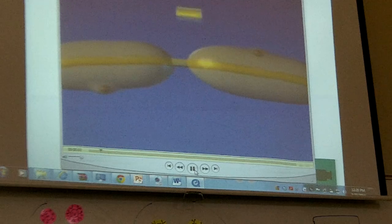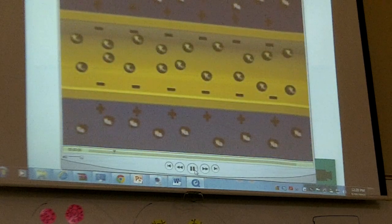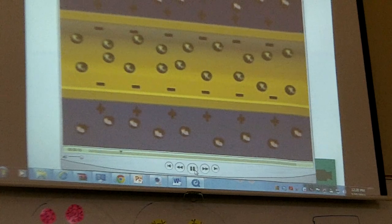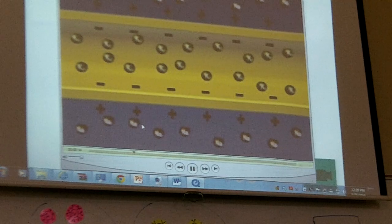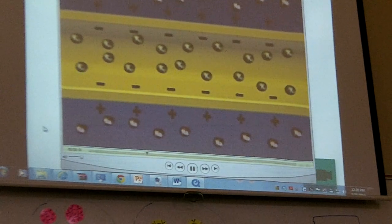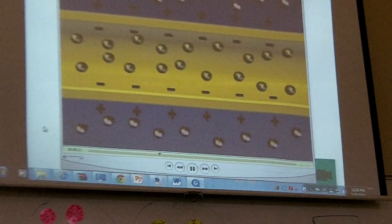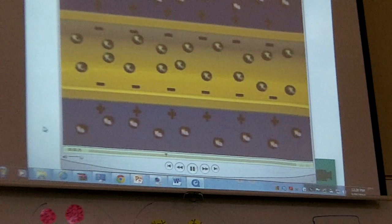When a neuron is not transmitting a signal, there is a separation of charge across its membrane. This is called the resting potential. Sodium is in high concentration outside, and potassium is in high concentration inside the cell. The cytoplasm is negative relative to the exterior because of the presence of negatively charged proteins, amino acids, and other